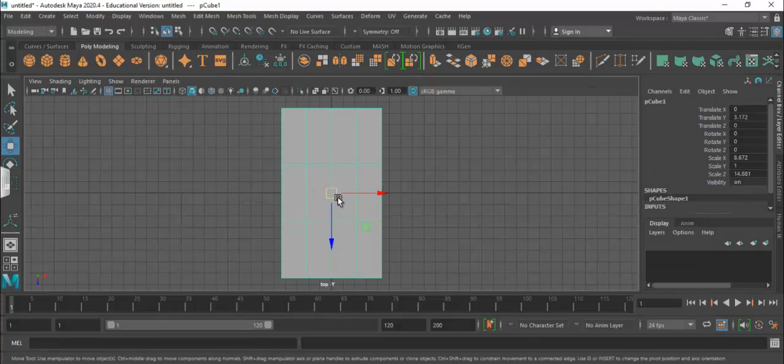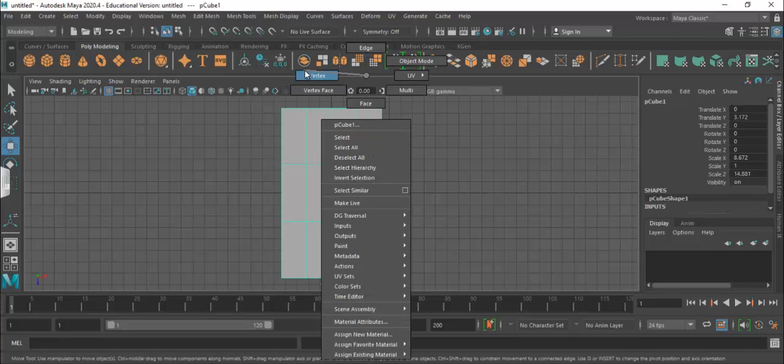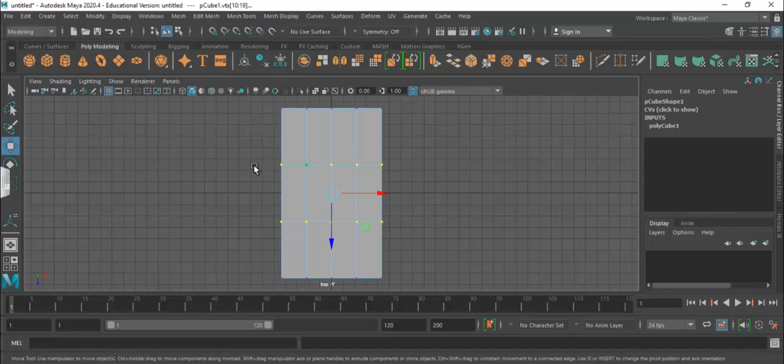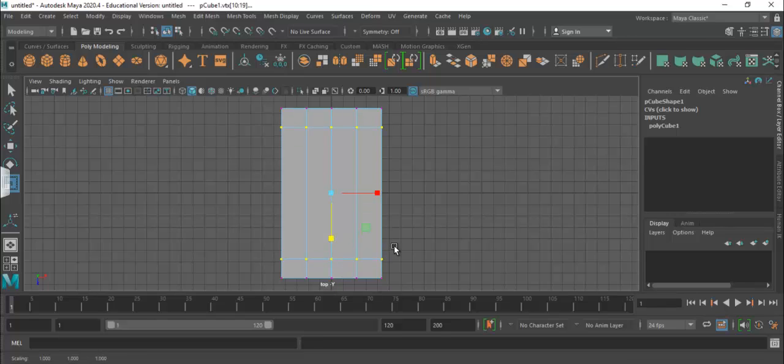And then what we're going to do is create the 4 corners for the legs of the table. So I'm going to right click, hold and select vertex. First I'll select the middle vertices, make sure both vertical lines are selected. And then using the scale tool, I'm going to drag down on the Z axis and then do the same thing for